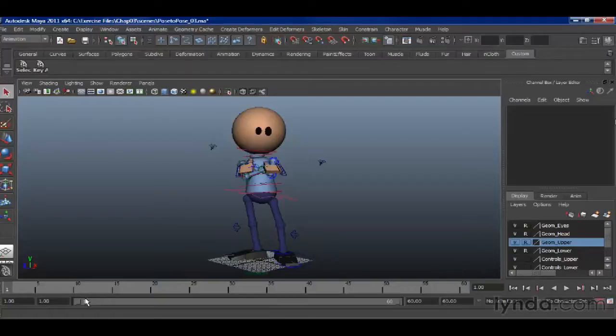So we can create what's called a moving hold to bring more life into this character as he's standing still. Now there are times where you want a character to stand rock solid, perhaps for comic effect, but typically if you have a character holding a pose for more than a few frames, you'll want to make that into a moving hold. So let's go ahead and do that. First thing I want to do is just zoom in on my timeline. We have basically this dead spot is from frame 1 to frame 20, so I'm going to go ahead and